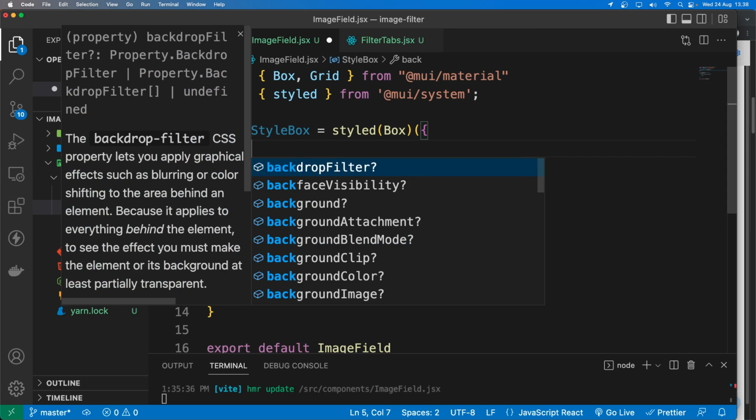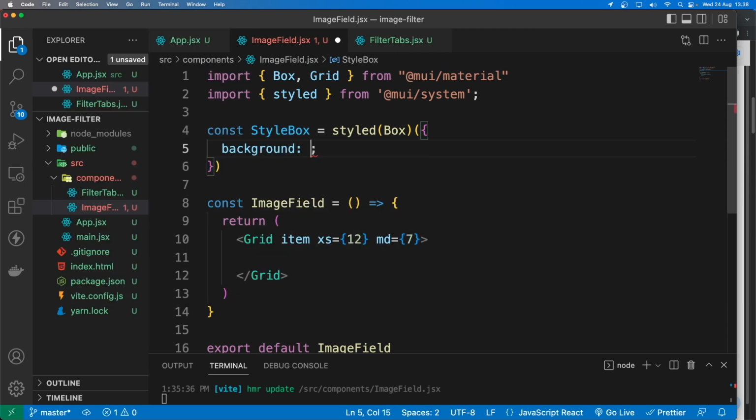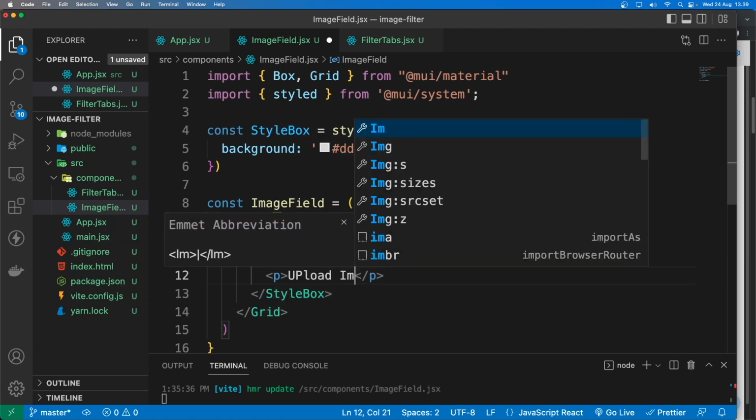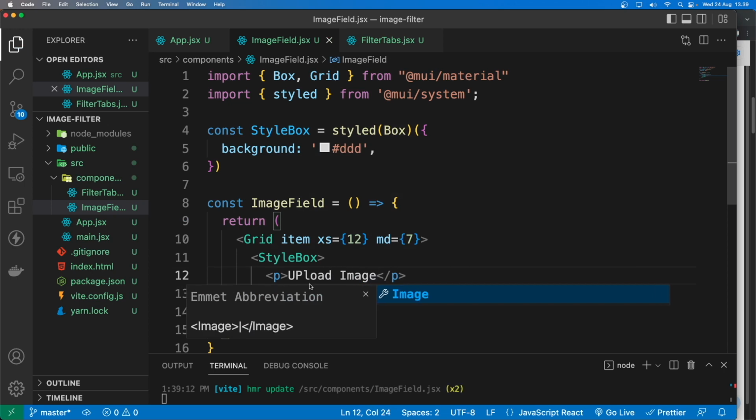For example, let's say background, I'm going to set that to, let's say, gray. Of course you need to use a comma, and then now we can use this StyleBox inside here. So we can say StyleBox, and then we can put for example a p here, and I can say Upload image. Okay, so if I save,